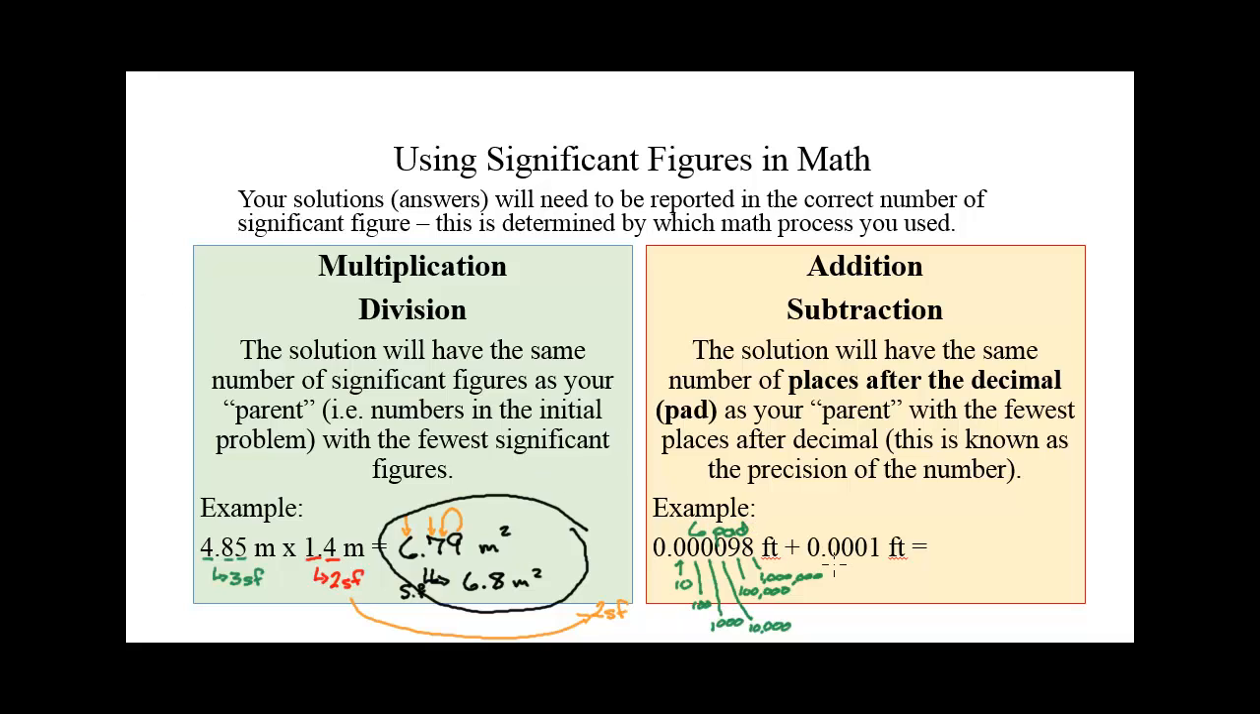But if you look at this number, it has a number in the tenths, a number in the hundredths, a number in the thousandths, and a number in the ten-thousandths. And this number has 1, 2, 3, 4 places after the decimal. So what's my answer going to have? I hope you recognize that my answer is going to have 4 places after the decimal. Now when I type this number into my calculator, I get